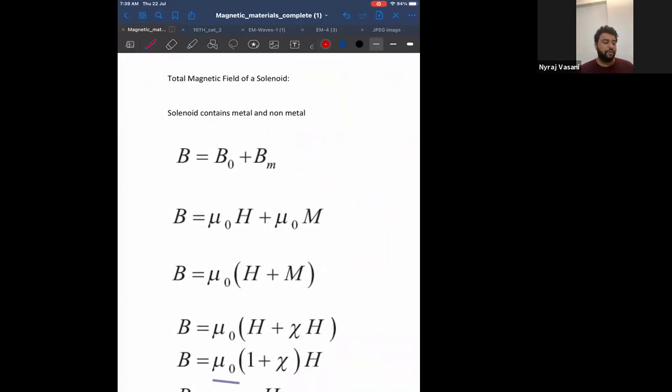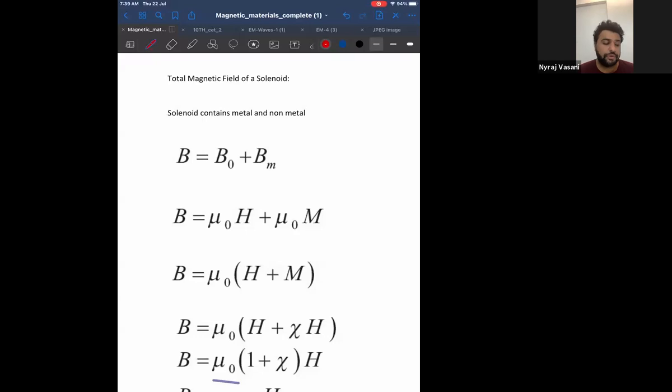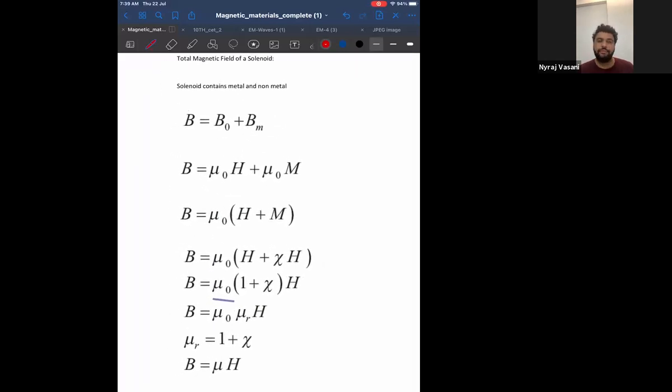is what is the total magnetic field of a solenoid? Total magnetic field of a solenoid. Now, please, everyone, listen to me. First, I will show it to you from the textbook, how they have done it. And then I will do it on a blank page. Then I want you to do it without seeing. Shall we start? Now, the question is, what is the total magnetic field of a solenoid? I will show it to you from the textbook, and then on a blank page. Just listen, don't do anything, just listen.